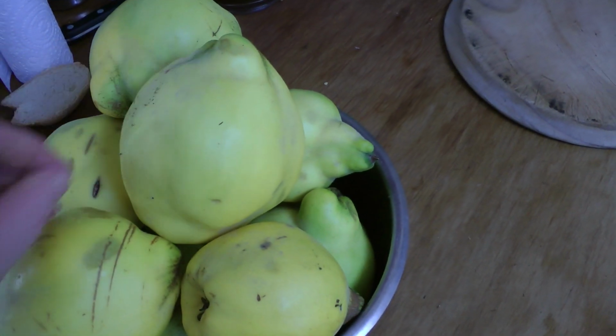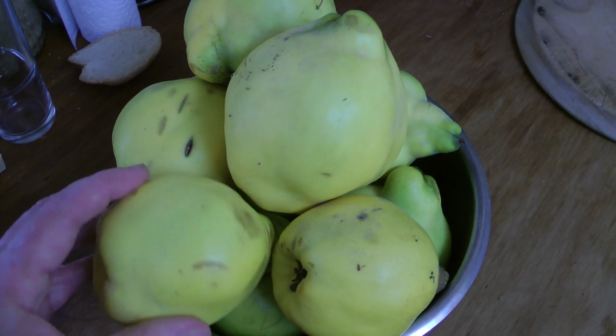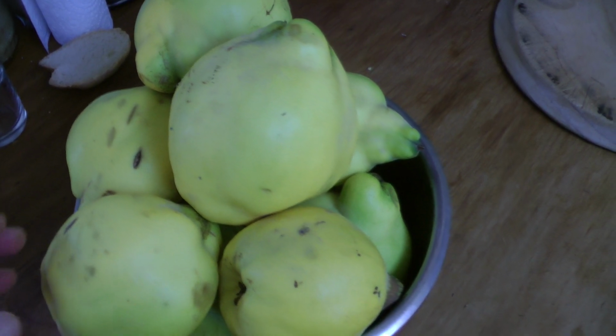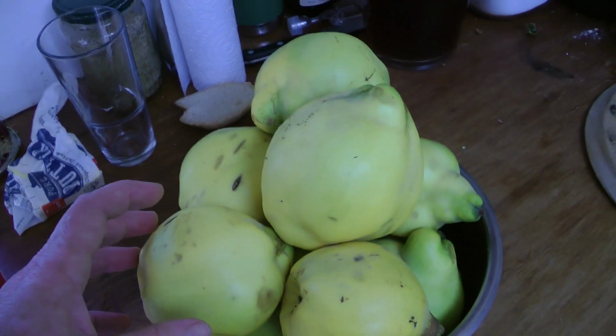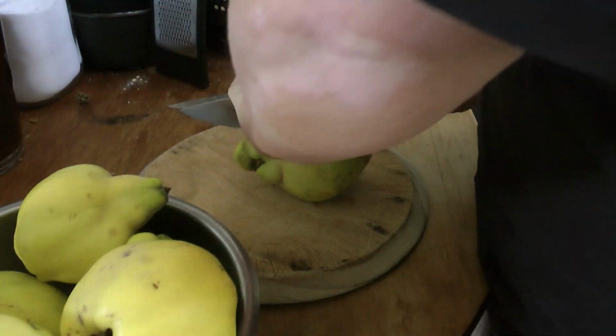Wonderful quince tree in her garden. And every year I get a surprise when she texts me and says, "Do you want some quinces, Shona?" And I think, oh my God, has another year gone by already? So I'm going to cut